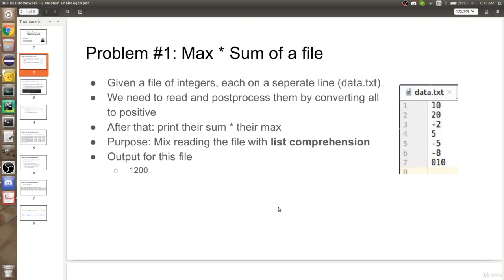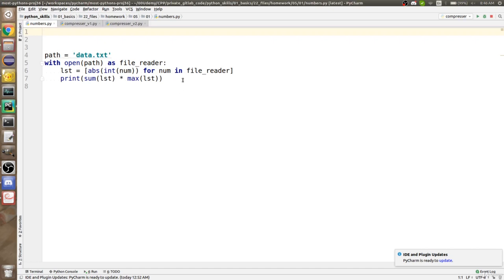Let's solve the homework. The first problem is an easy one. It's mainly to practice list comprehension with reading the file. As we learned, we can read the file using a for loop, like for num in file. It iterates over the file line by line and returns a